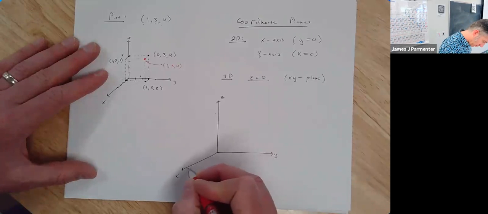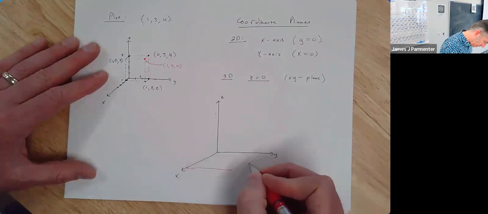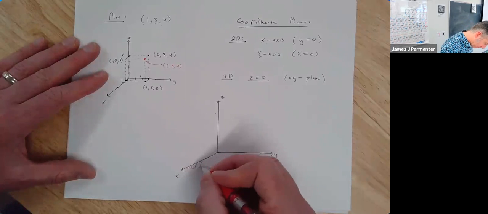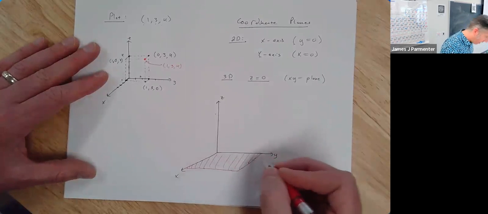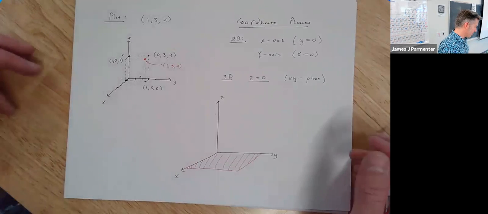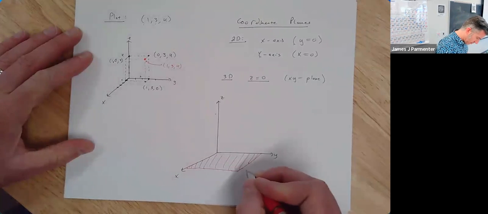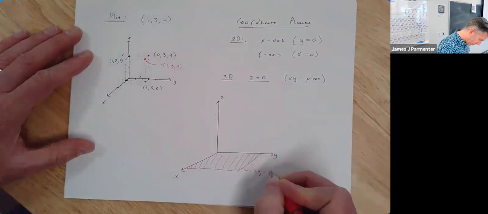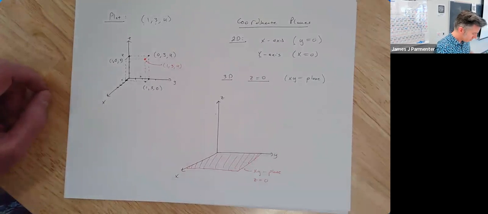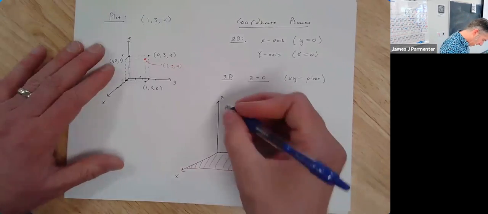So here's part of, I should say, the xy plane. Obviously, I can't draw all of it because it is infinite, just like I can't draw all of the line because it's infinite. But there's part of the xy plane, where z, your height, is equal to 0. And then back here,